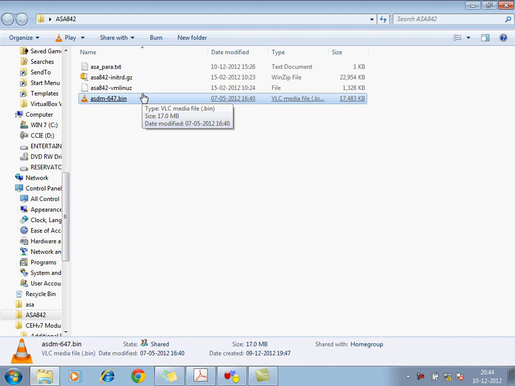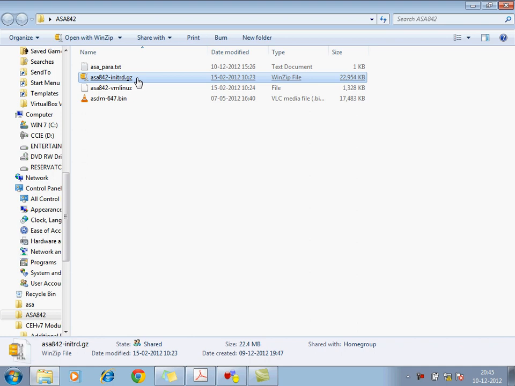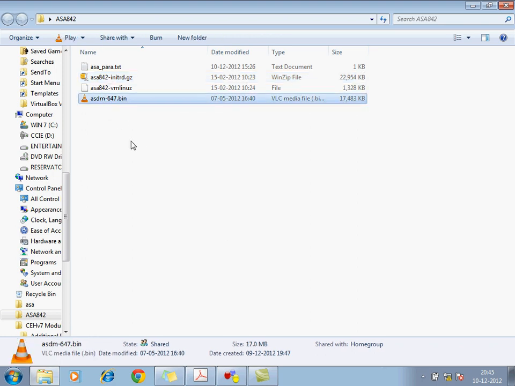ASA minimum needs a Linux base. So it's a Linux base. Then it has a GZ file, which is also Linux, and everyone knows what GZ is. And we need ASDM, for a GUI. Whenever I need to control an ASA by using the GUI, we are able to implement some of the commands. We can implement the rules, policies, everything.